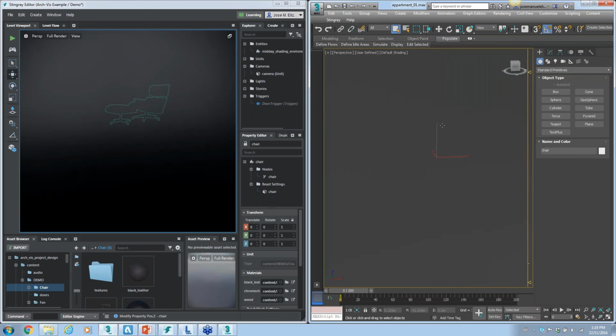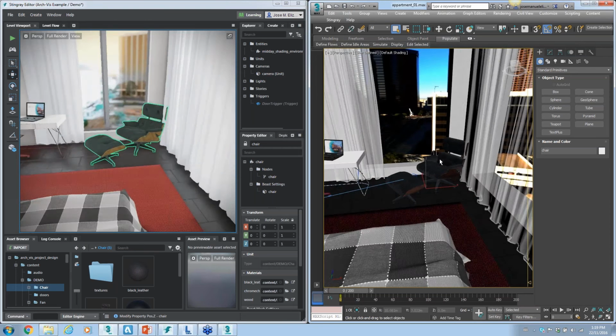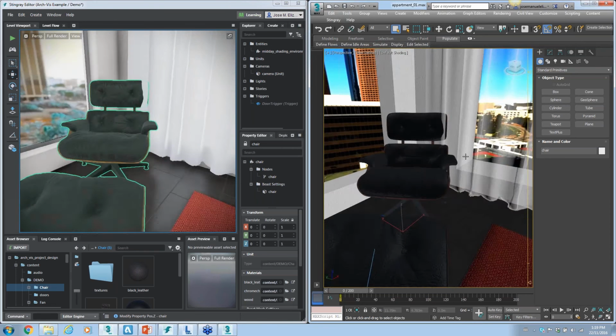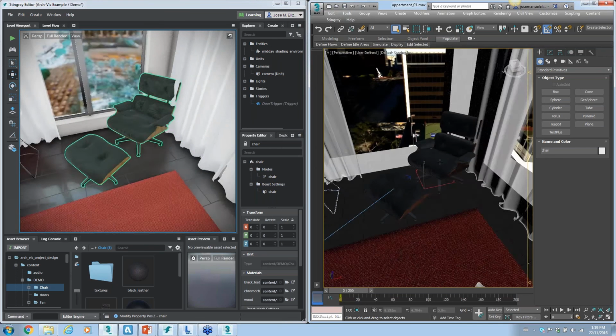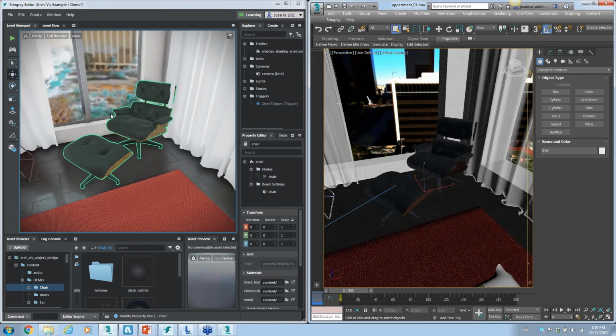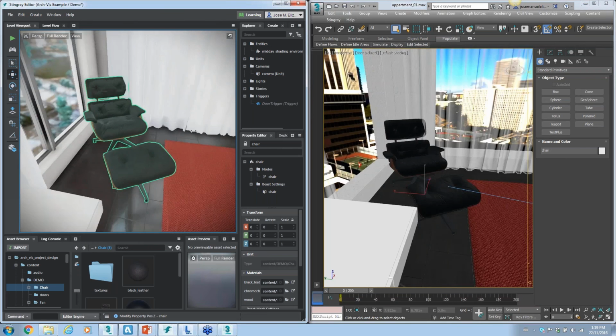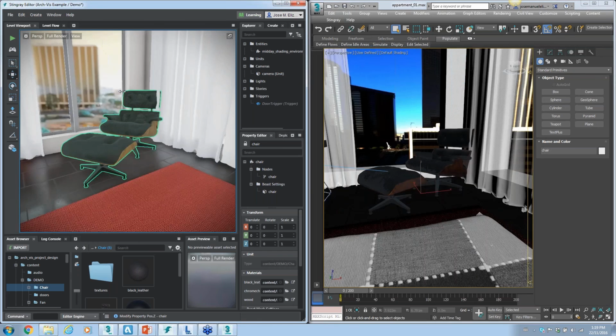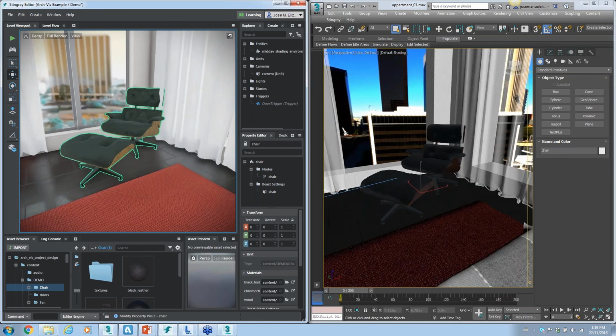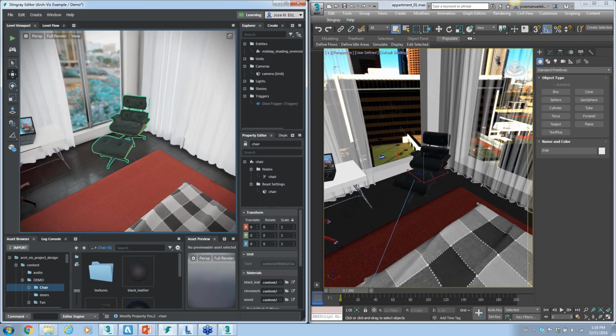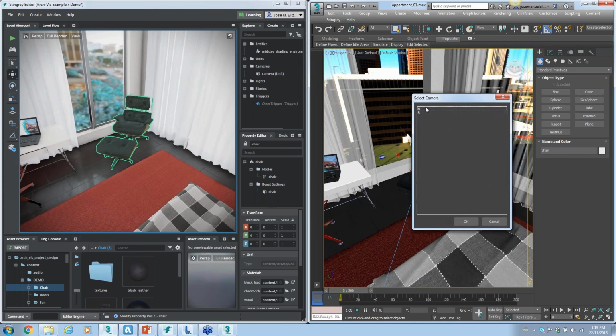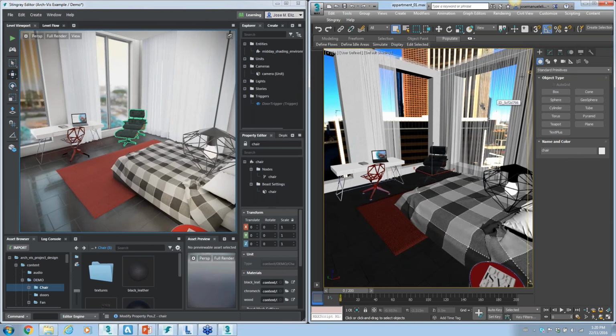I can zoom, let's go ahead and just get closer. I can zoom in, zoom out, pan, orbit, all of that. I can still come back into Stingray and do the same thing. So now I'm navigating Stingray's viewport, and I'm seeing the exact same viewing angle inside of Max. It's so connected that I could even go into camera view and Stingray updates to that new position,